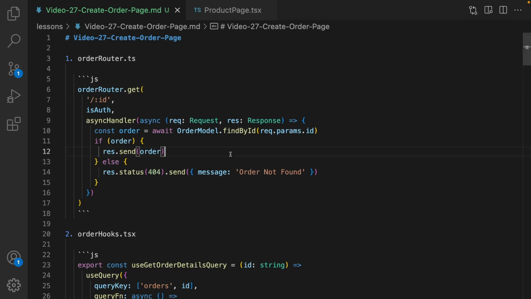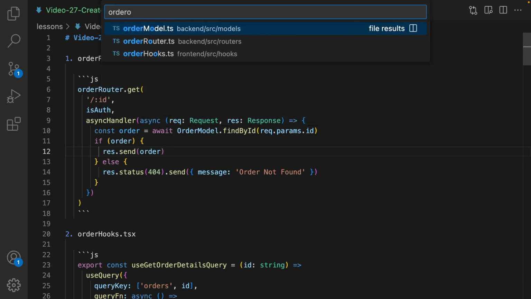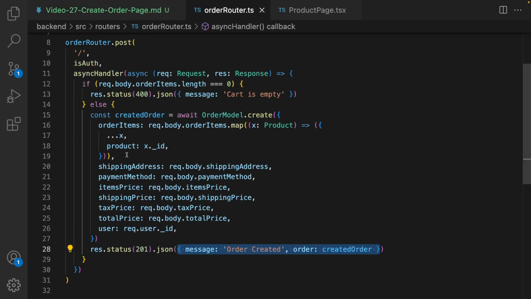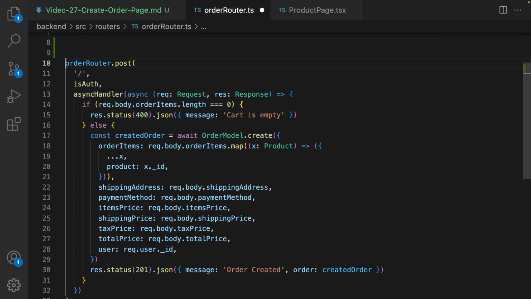In this lesson, we are going to implement order page. Let us start by creating API in the backend to return order information by order ID. Go to order router, in backend, routers folder, and right before order router post, create another function to get order